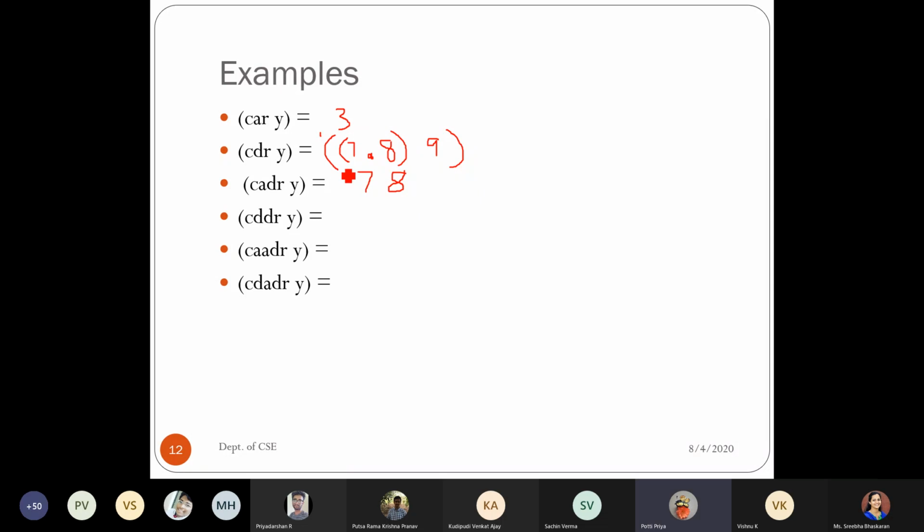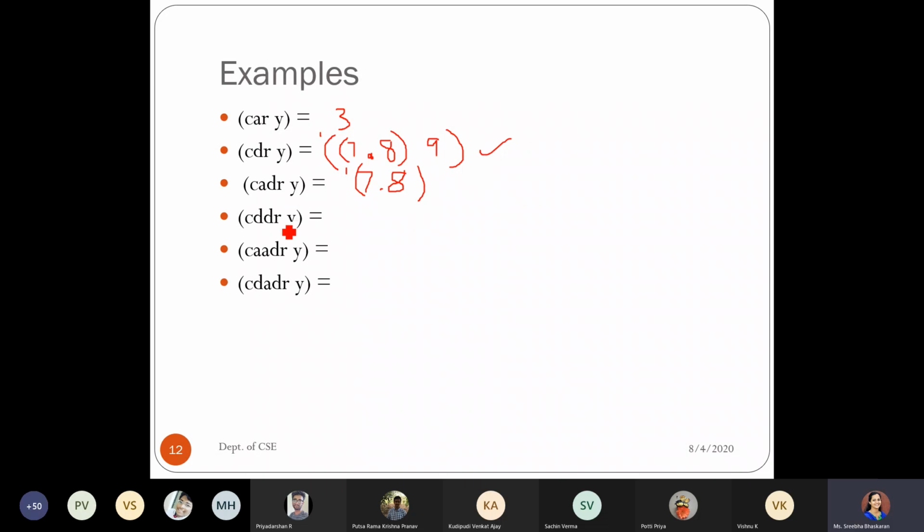Yes, ma'am, brackets will come. It's basically cons of 7 and 8. When we are applying car to this list, the first part of it should come out. So what is the first part? It is cons of 7 and 8. So it will be nothing but a list 7.8.